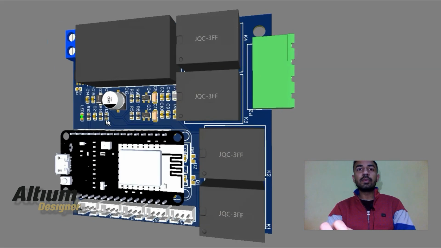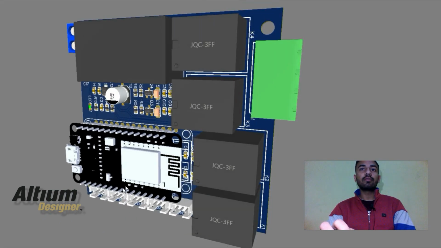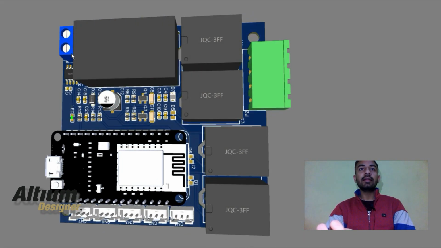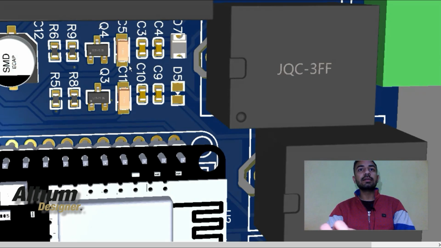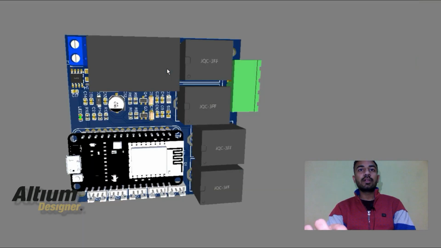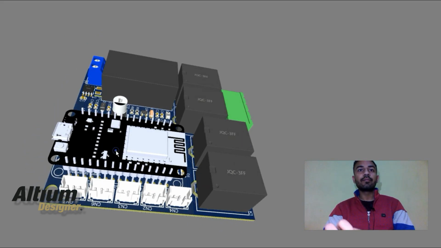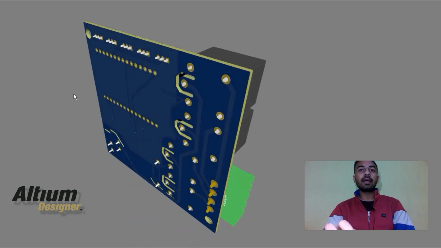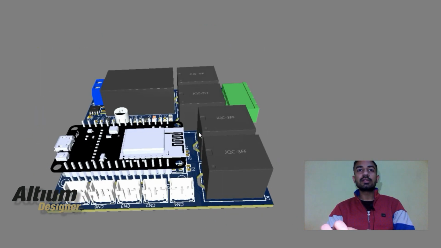This is how the PCB looks in 3D. Here you can see we have the Node MCU board, our 4 relays, connectors for the AC in and connectors for the device out. And here we have the SMD components installed on it, like our capacitors and our resistors. On this side we have the connectors for our touch switches, and you can see from the back I have made some cuts on the relay side so that the AC interference will be minimum. So this is our design.